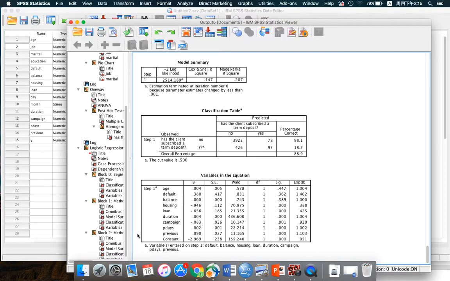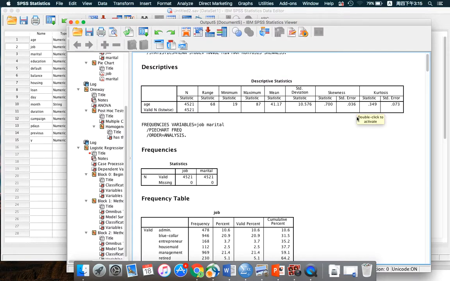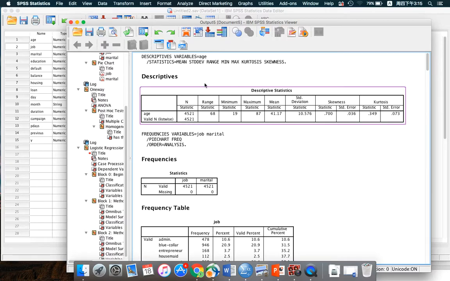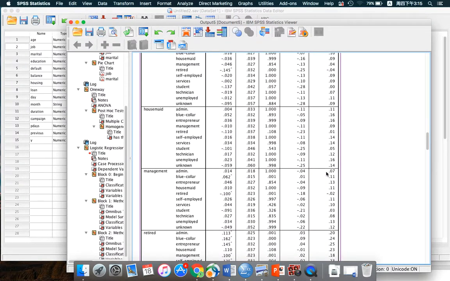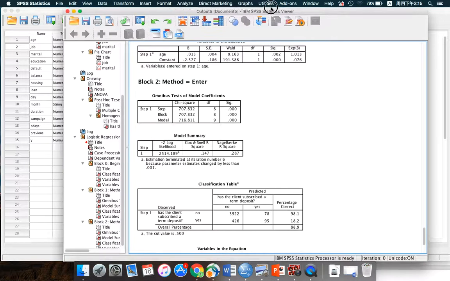So this is how statistical analysis and SPSS work for business, so they can get an overall understanding of their customers or consumers by using descriptive analysis, and then gain more insights on their behaviors and potential behaviors by using regressions.